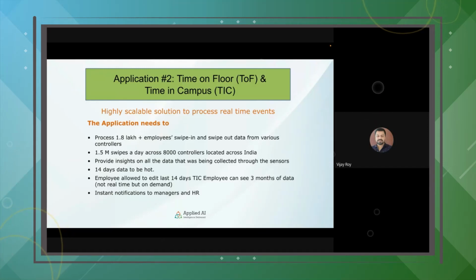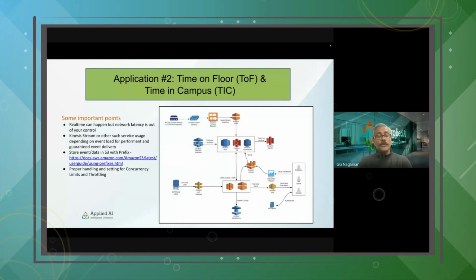Now every swipe in was an event, and then the other data inputs and all, right? So Gigi, let's throw some more light on how we did it, and anything you want to talk about. Sure. Again, the architecture diagram is there. This is an architecture that was deployed based on a lot of discussion with the customer and with the AWS team as well. There could always be changes or refinements or thoughts that could differ, and we can continue to use some other services. It's not that this is the only thing that has to be used,